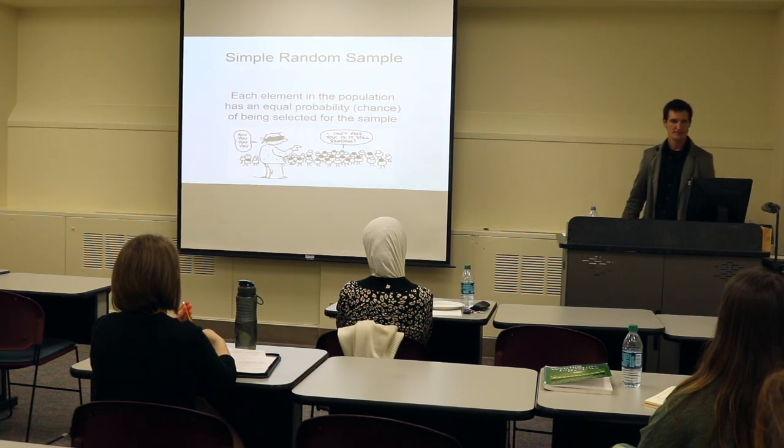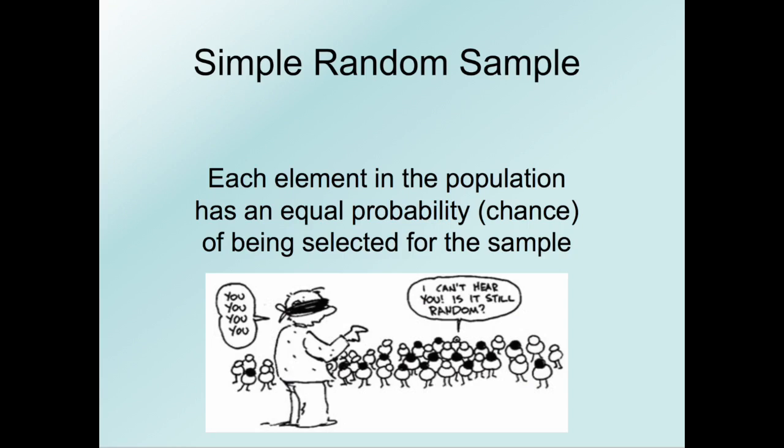So first is the simple random sample. This is where each person or each element in the population has an equal chance or probability of being selected in